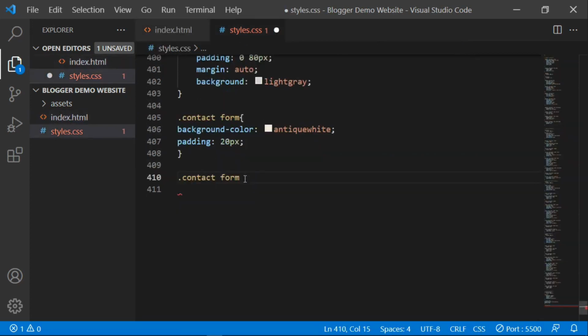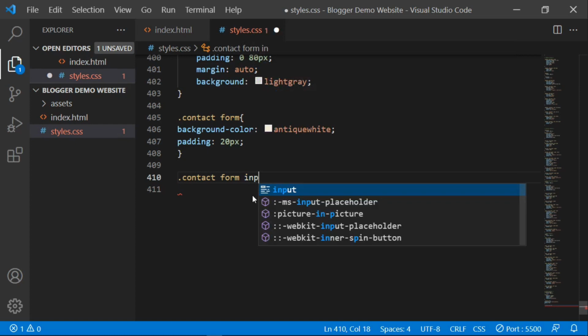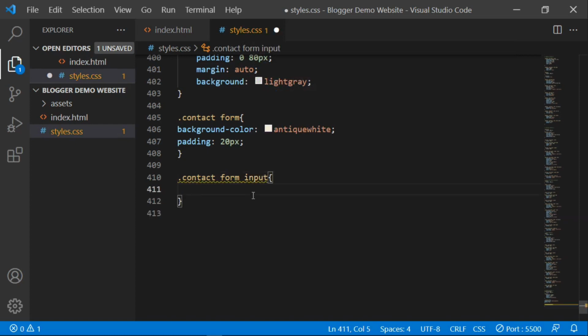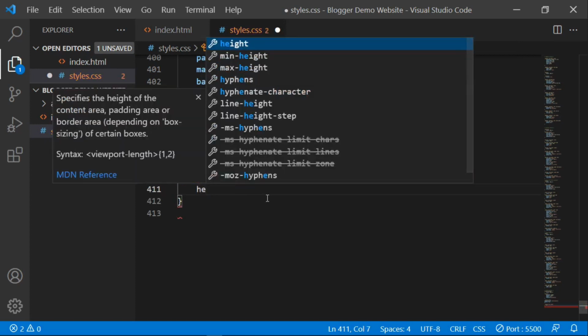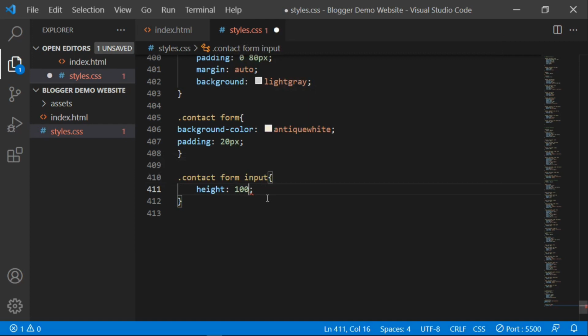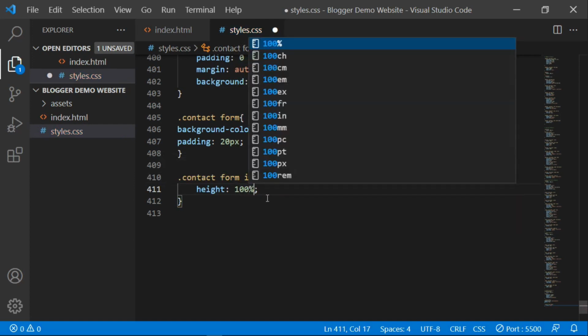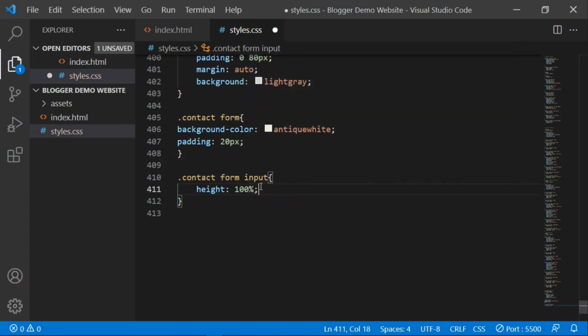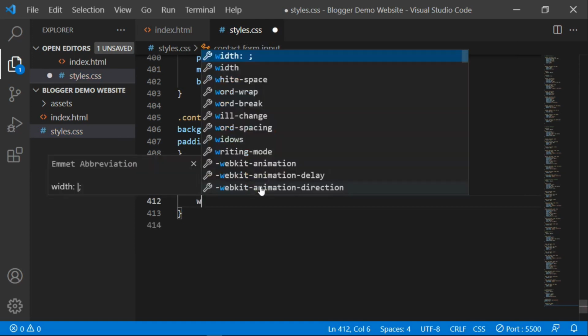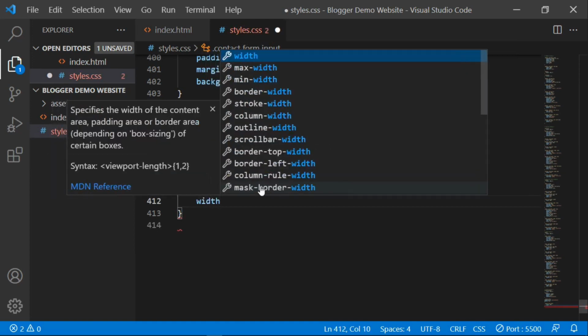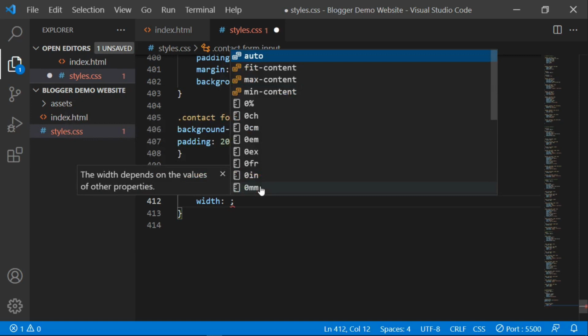So let me just type here input, then open and close the curly bracket, and then I'm going to say height. I'm going to give it 100%, and then the width also I'm going to give it 100%,